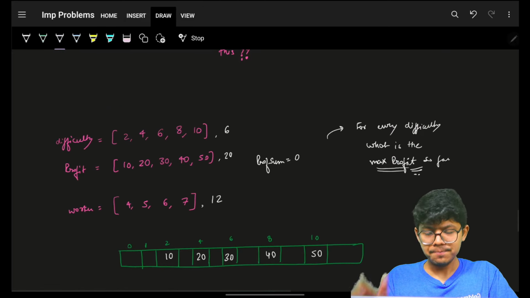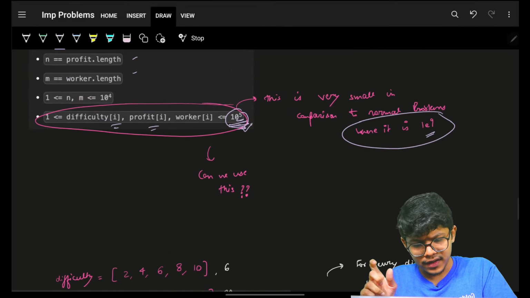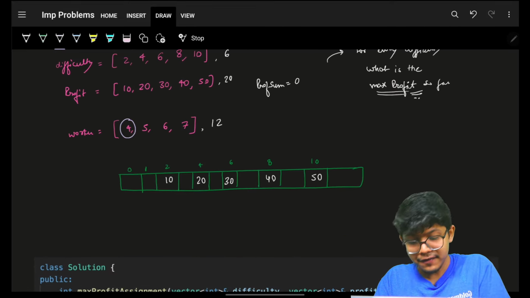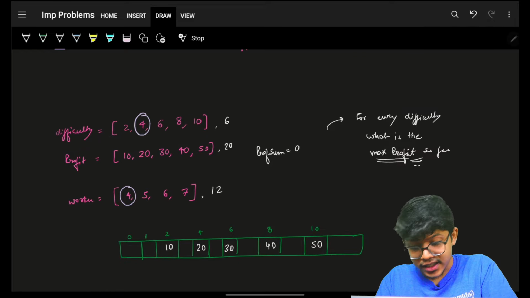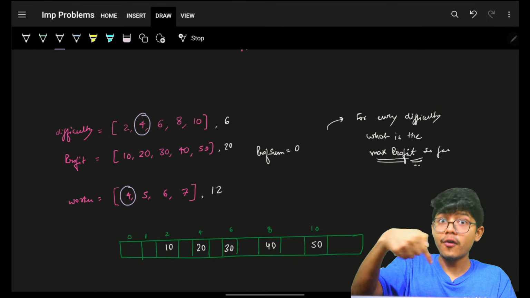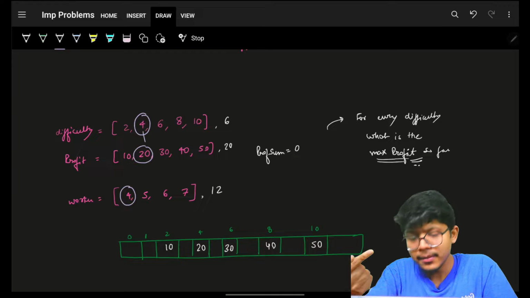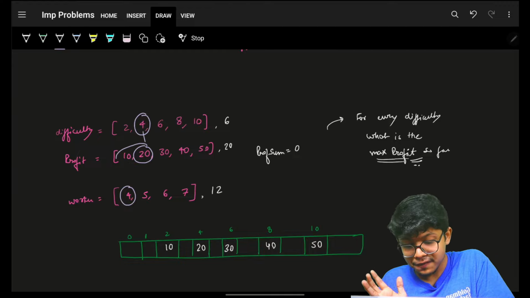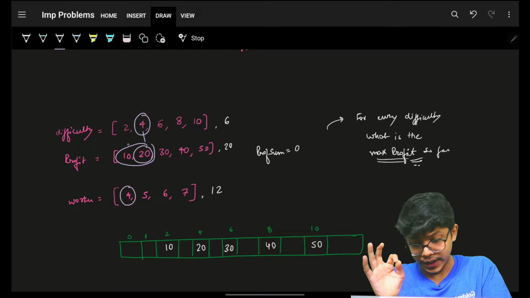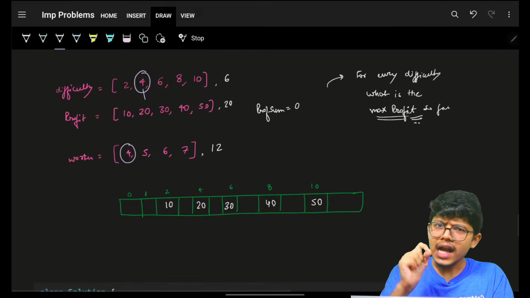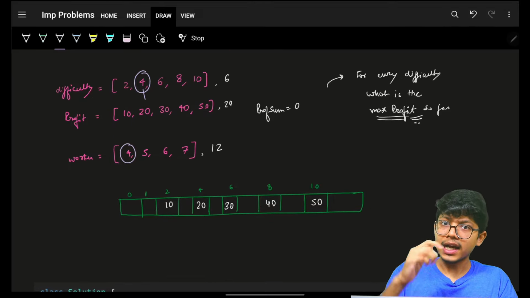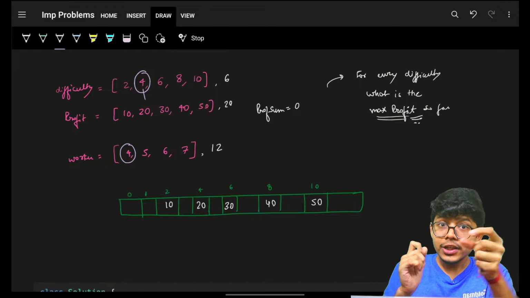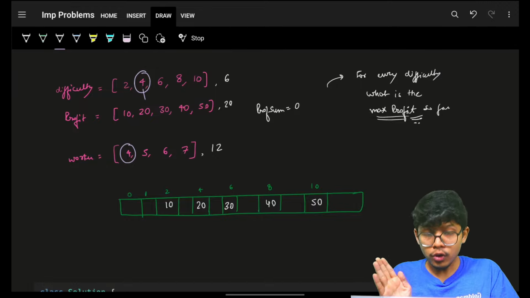How can we take it? We can simply take it if we know the worker is this much. Now, what I was doing for every worker was going and searching for that worker in the difficulty array. For that, I was taking the maximum prefix, or I can say the maximum profit in that prefix array. That's what I was doing. Now, can't I do the same thing by saying that I have to optimize my time? I know that I can use this worker value also. So what if I